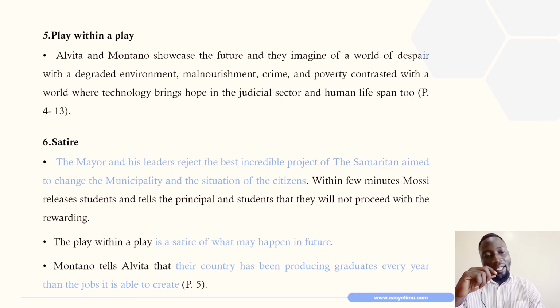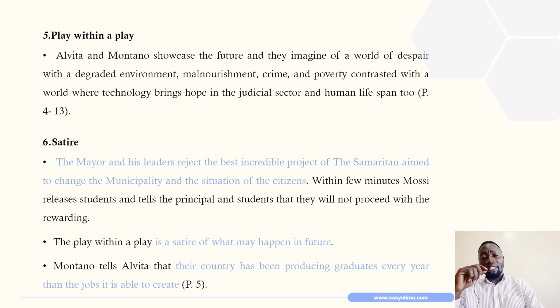So another style that we also have, dear students, is satire. Under satire, we are told that the mayor and his leaders reject the best incredible project of the Samaritan, aimed to change the municipality and the situation of citizens. So within a few minutes, Mosi releases students and tells the principal and students that they will not proceed with the rewarding. So they reject what is best for the municipality, because they are afraid that they are